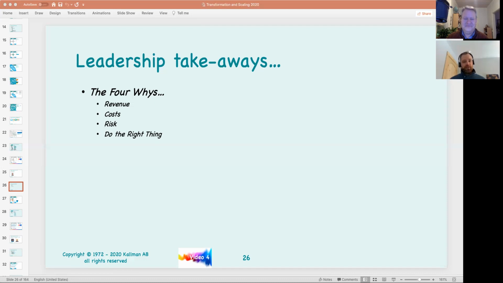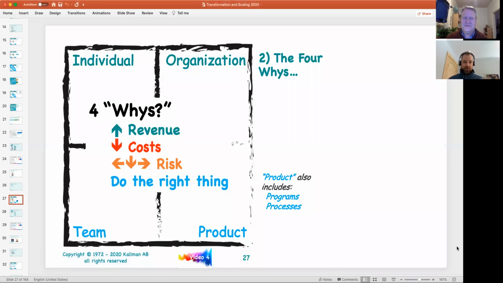So knowing that these are the 4 levers that we can pull, conversations for change are going to revolve around being able to know which one to pull, how hard to pull it, and how to connect it back to what they're really interested in. So the graphic that we use to represent this particular concept, Andrew's going to show it to us now, is again inside that 4 square. We know that organizationally, individually, team, and product, it's going to have a lot to do with each one of those, but mostly it's going to be focusing on product. We're going to be looking to those programs and those areas where it's, why should we trigger this?